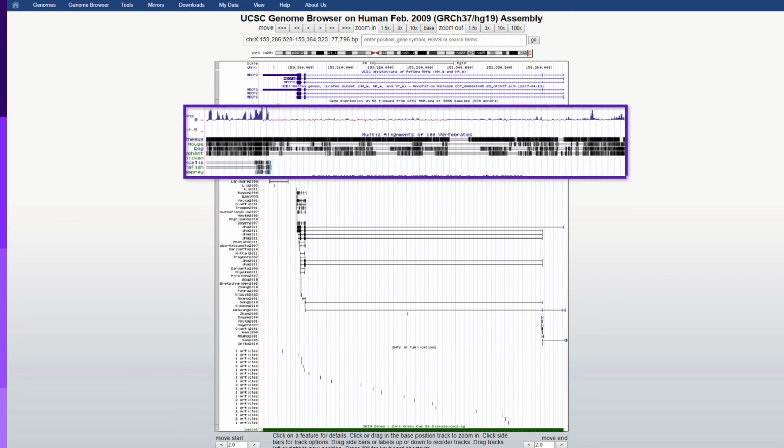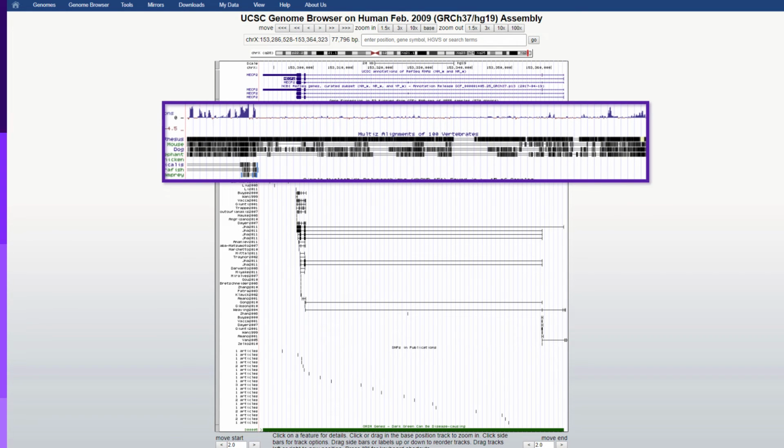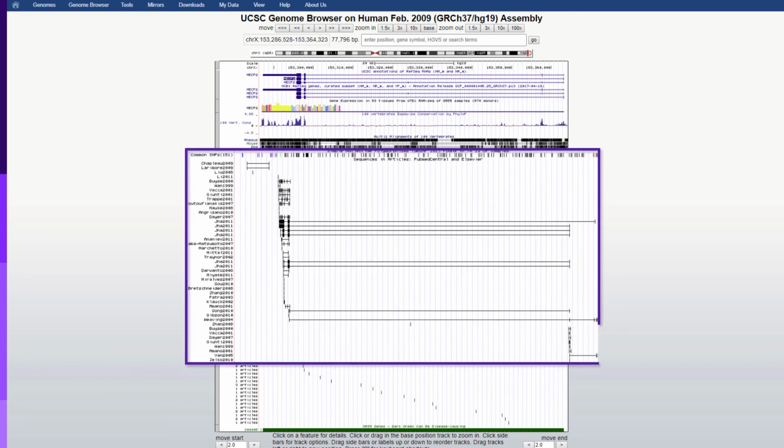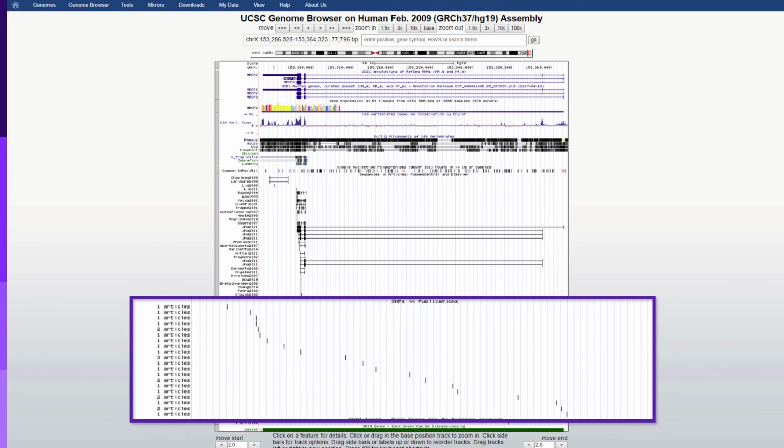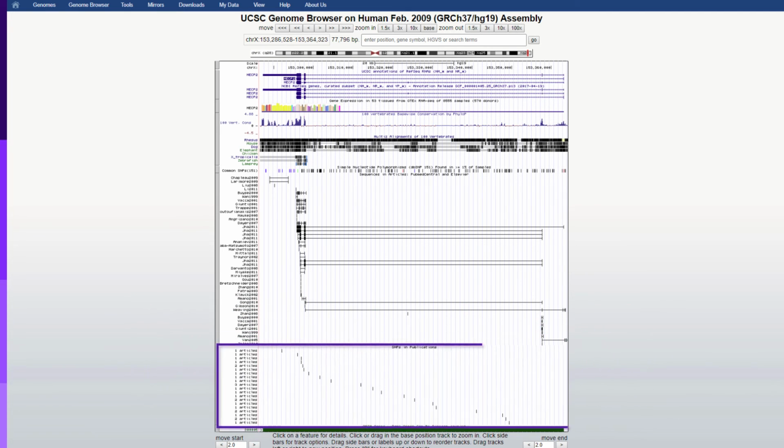There are conservation tracks that show the sequence of homologous proteins in other organisms. As we will discuss in a later unit, analysis of conservation patterns is a key step in determining whether a variation is likely to be deleterious. There are also tracks to show known SNPs and variants that were identified in the explored genomic regions, as well as tracks showing the connection to phenotypes and disease with links to the relevant literature. The selection of tracks appearing on the user screen can be tailored to match the needs of each user.